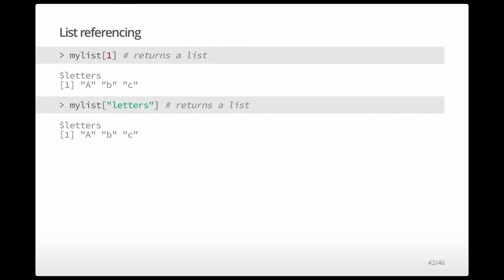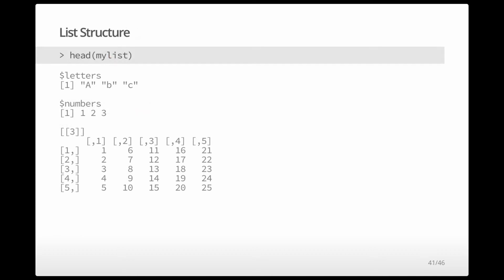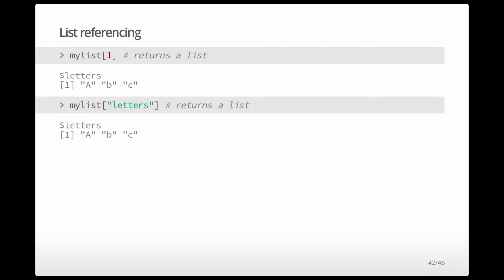The thing is, though, you can use single brackets. The issue with that is this doesn't extract the actual elements in there. What you see here is my list bracket 1 returns something with a dollar sign. It still looks like this. It just deleted these 2 things. That is because if you use single brackets, it returns a list, right? If you use double brackets, it'll return the actual elements in that list. Again, this is confusing, obtuse,